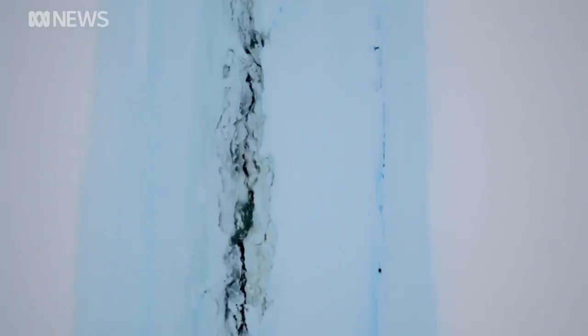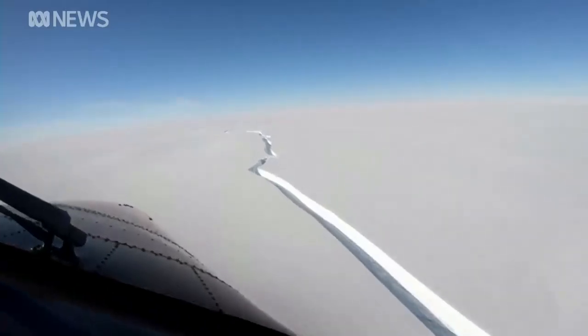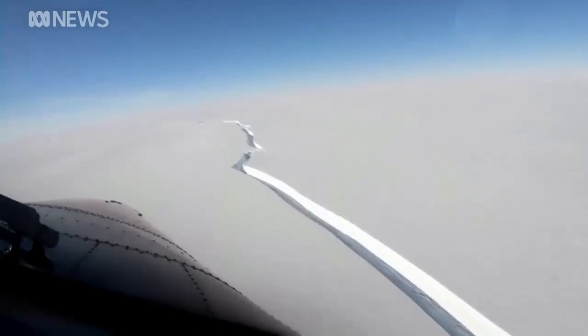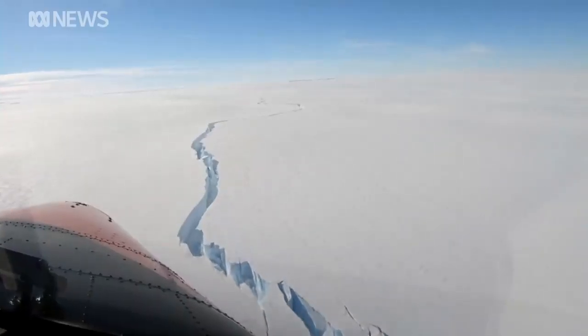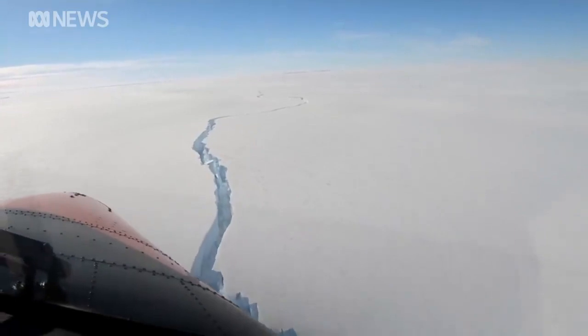Well, it's an ice shelf on Antarctica. So these big slabs of ice form when snow accretes on top of the continent, and over hundreds of thousands of years they flow out towards the ocean, and then they meet the ocean and start to float because they're thin enough, and they form these huge expanses of ice that are actually over the top of the ocean. These cracks can be tens and tens of kilometres long, actually, and this particular one is